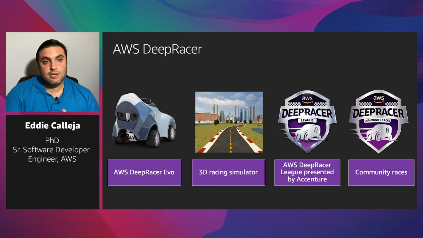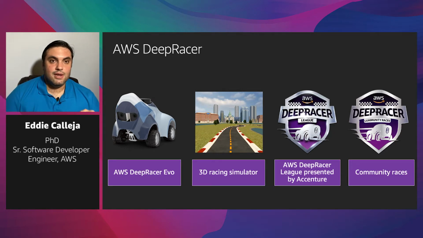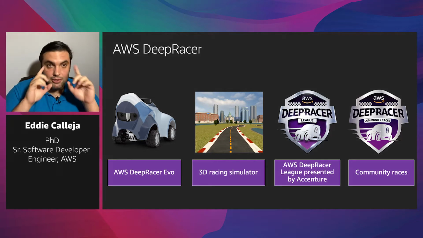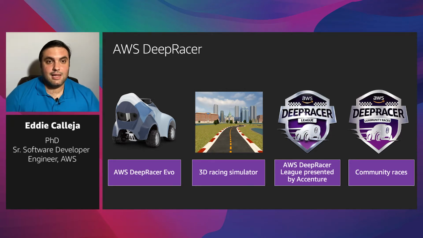We released the original DeepRacer device at re:Invent 2018. And on July 13th, we released the DeepRacer Evo, where we added 2 additional sensors. We gave the device the ability to perceive depth by adding a second camera, creating a stereo camera. And this works very much like your eyes. If you notice in the picture here on the left, there are actually 2 cameras in front. And similar to your eyes and how we perceive depth, that's exactly how the DeepRacer is going to learn to perceive depth as well.